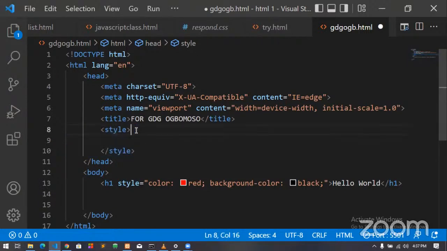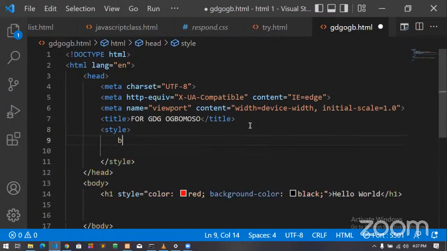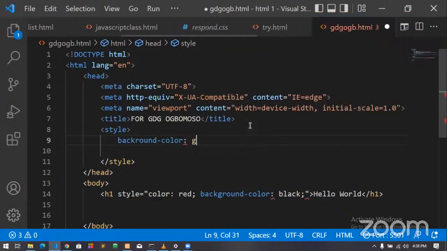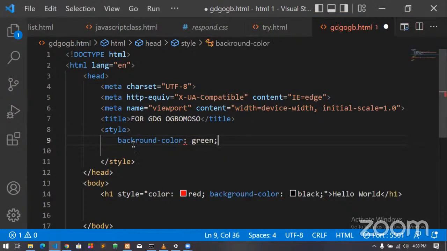So now there's another thing we need to know. If you get these basic things in CSS, you can use CSS to any length. When you're using external and internal styling, definitely if I come here and say background, please look at what I'm doing. Background color green. This does not make sense, because I'm just saying background color green. What is it that is taking that background color?